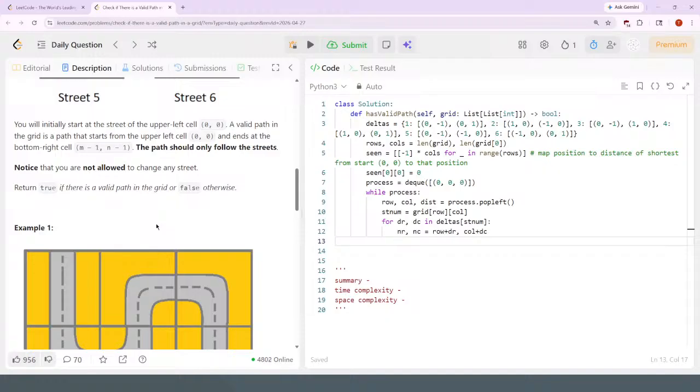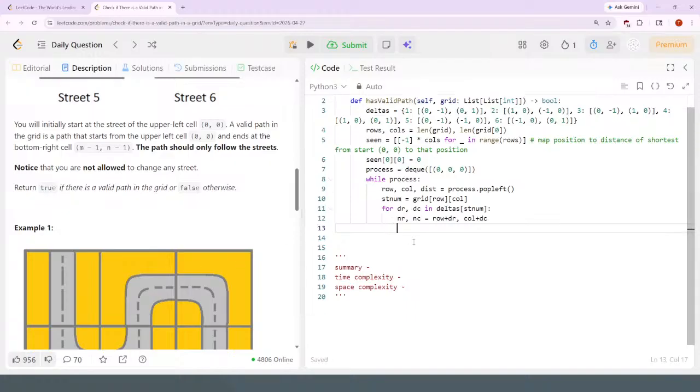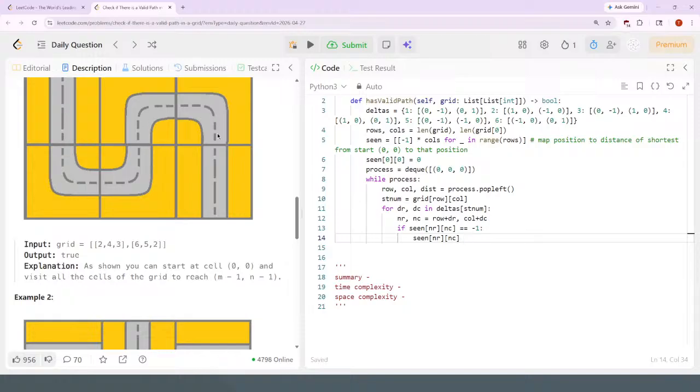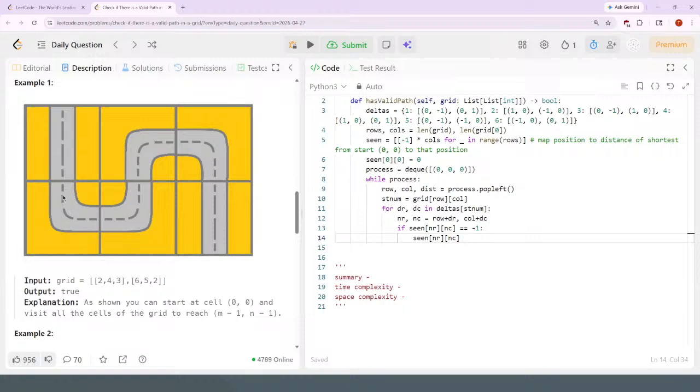And then if, let's say if, I guess I can do if the seen at NR, NC is equal to -1, so haven't been seen before, and seen at NR, NC. I actually can't, I can never actually